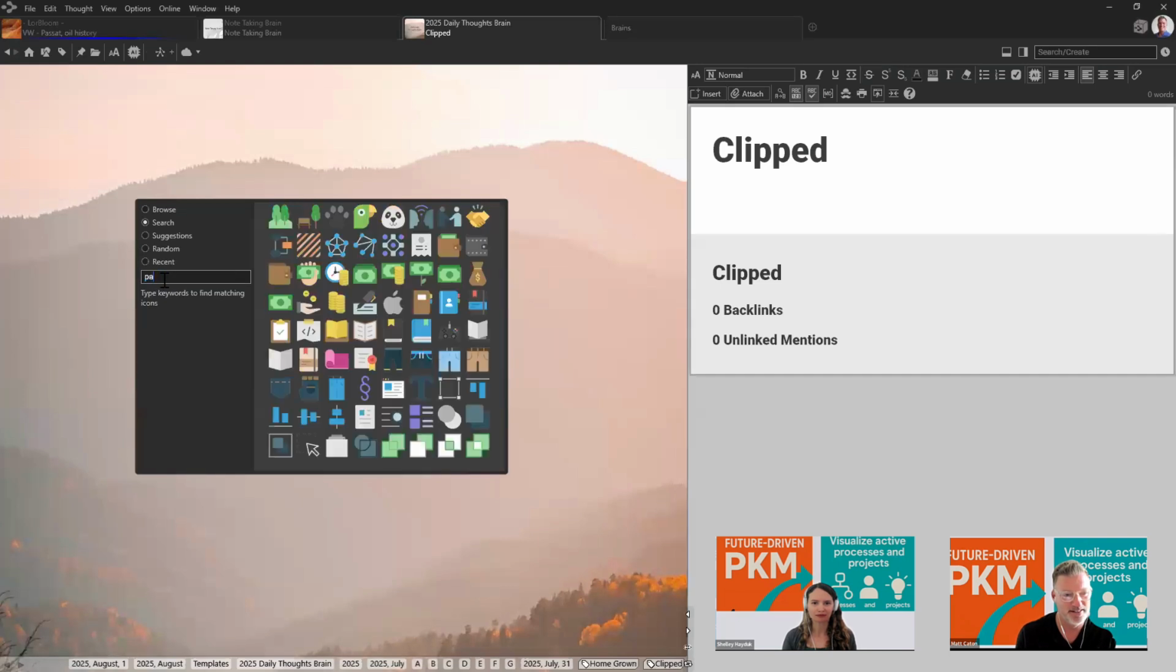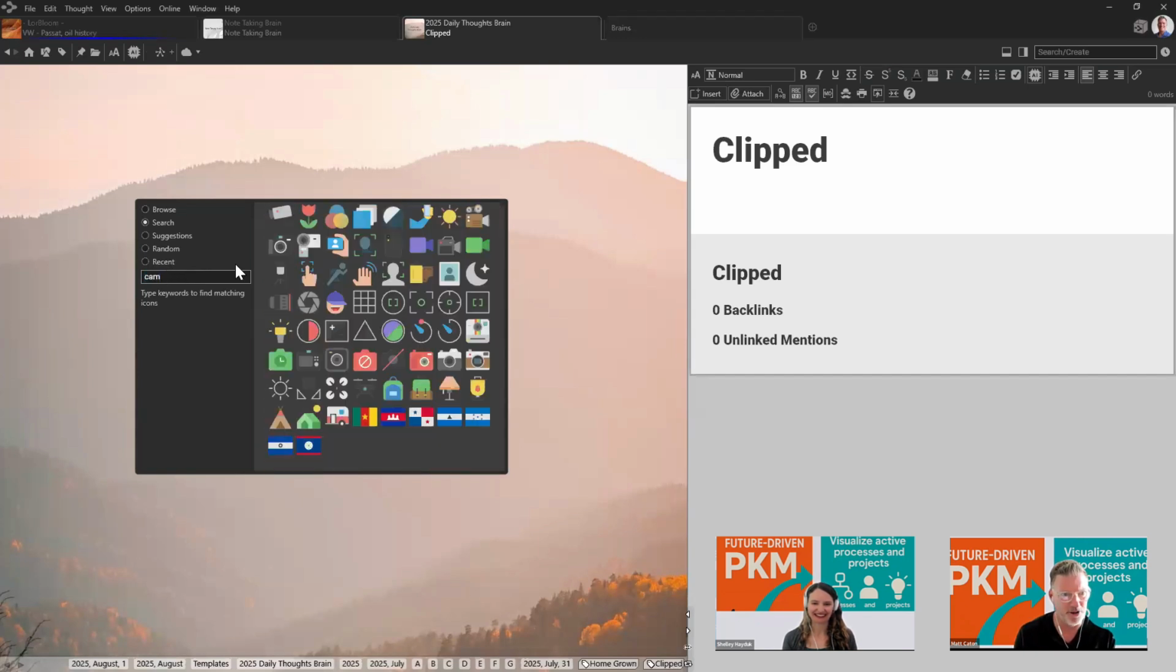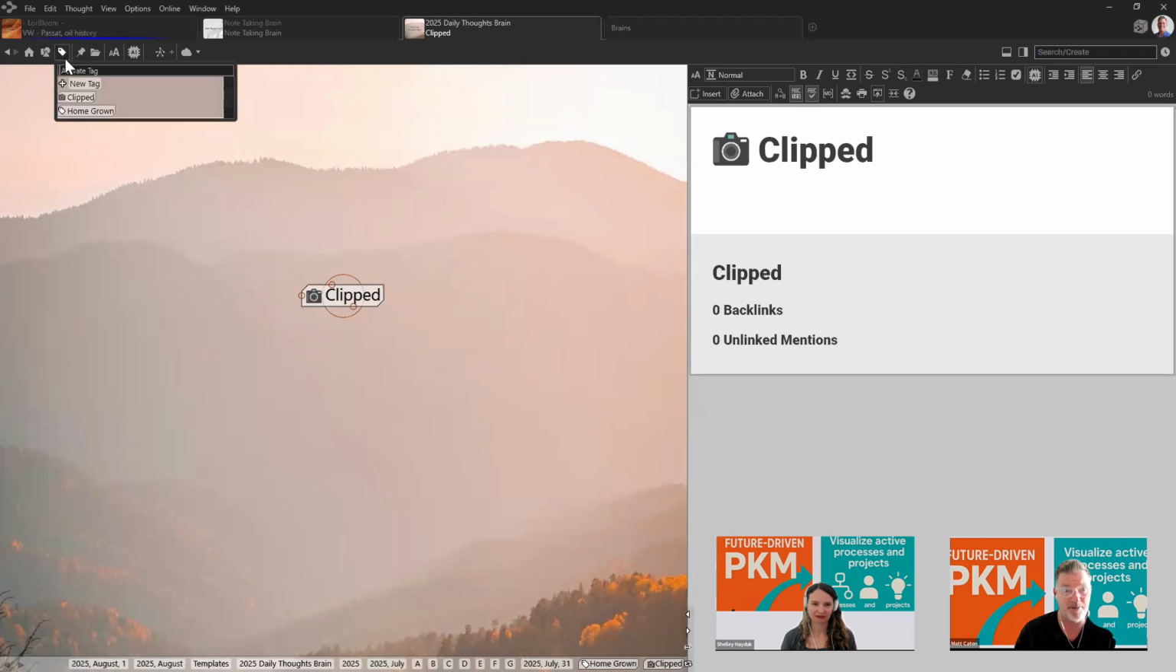Sure. So really quickly, I don't have an image for paperclip. Well, I'll do camera. So let me show you what I'm doing here really quickly. I created a few tags. This is a brain. I'm going to delete these in this brain at a later date, but I created a couple of tags. Shelly mentioned tags, and that's the first thing I thought of. I would create a